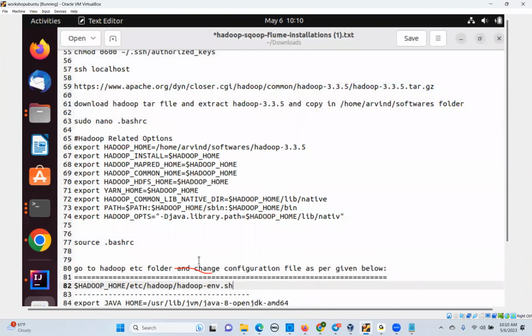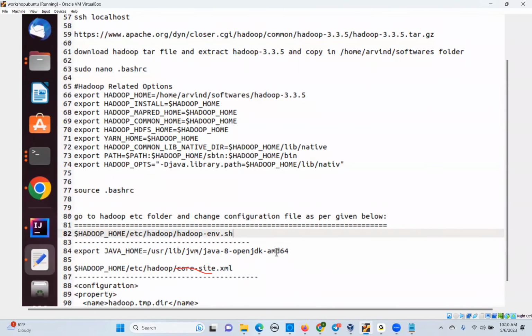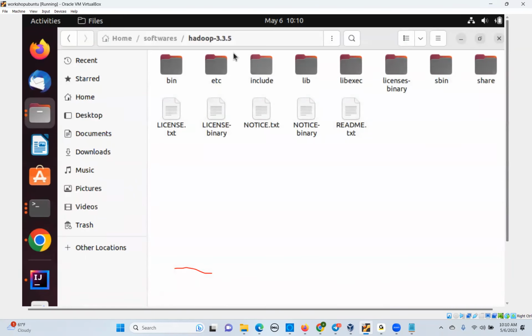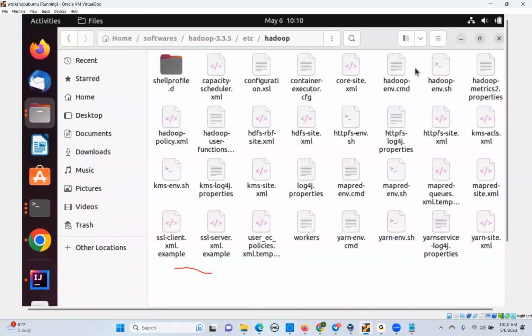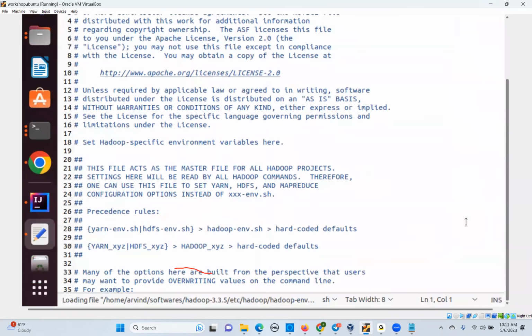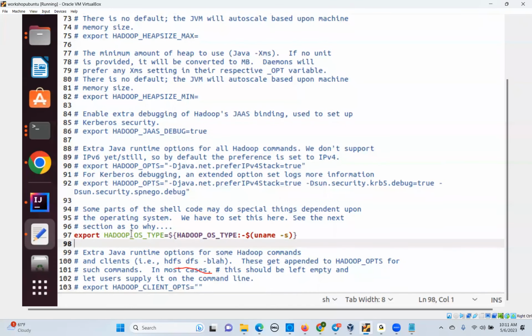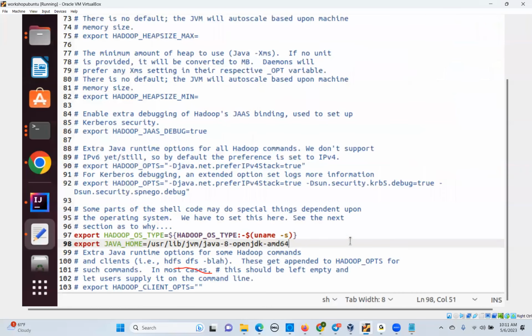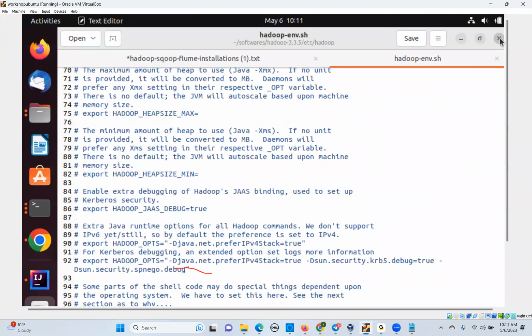I have to set the Java home path in my hadoop-env.sh file. So if you go here, copy this, export JAVA_HOME, and now I go to the Hadoop etc folder, Hadoop, and here are all my configuration files. So first I'm doing the change in hadoop-env.sh. In this hadoop-env.sh, we can paste this Java home and save it. Okay, next change is,